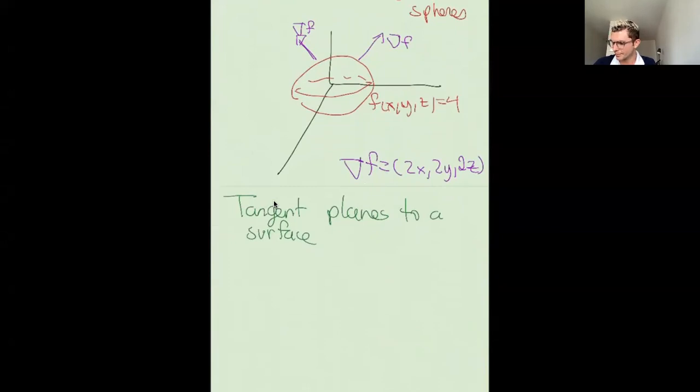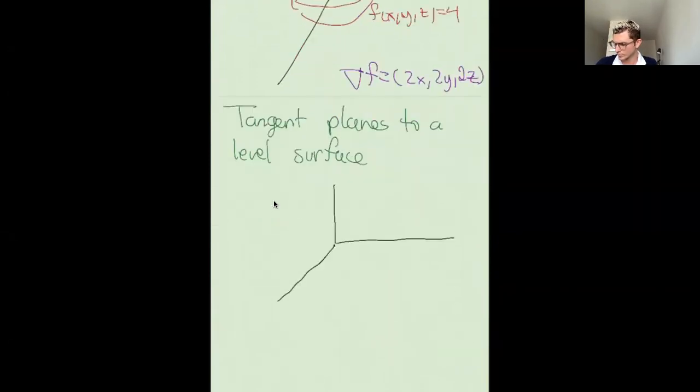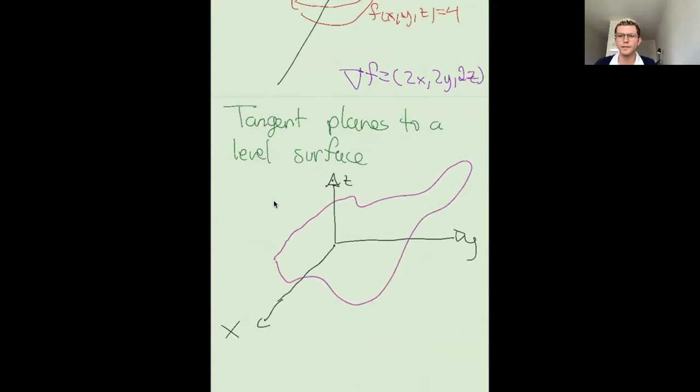Because if you have a level surface, where the function takes some particular value, and remember, this is the analog of